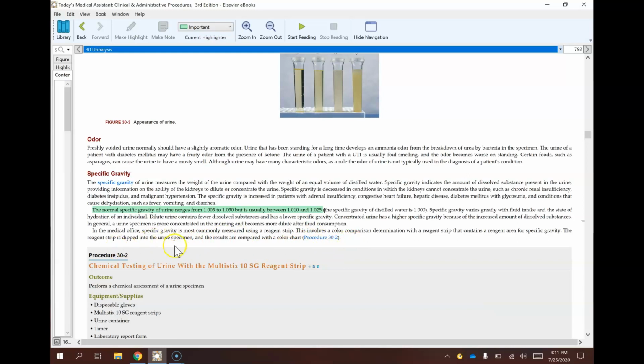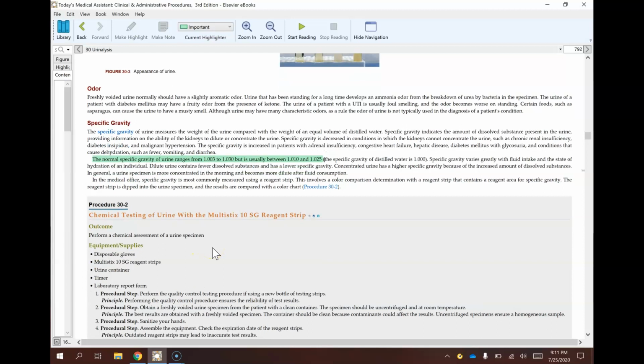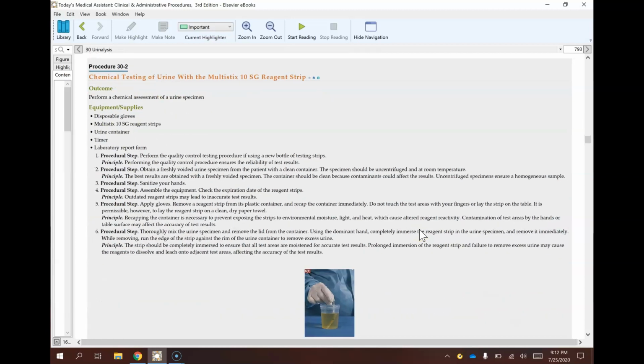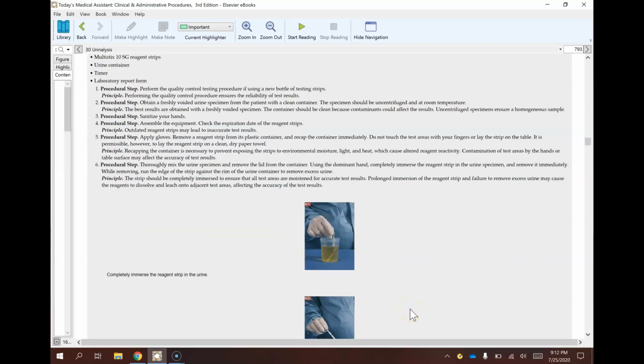So it does mention here in the next paragraph that we use that reagent stick or the dipstick to look at what a patient's urine specific gravity is. So procedure 30-2 explains exactly what I was discussing. However, I'm not a fan of this picture because what this does is